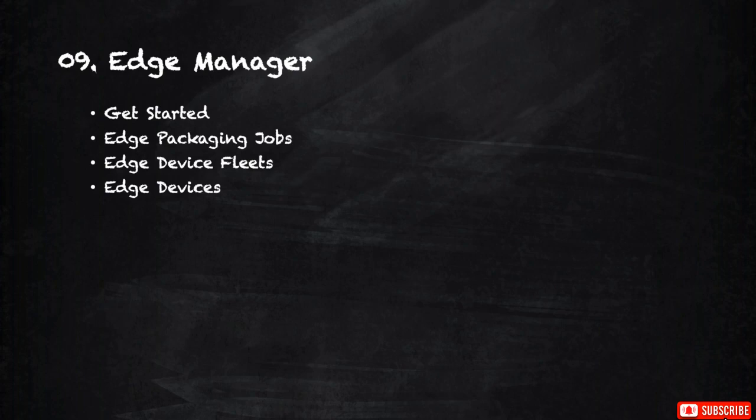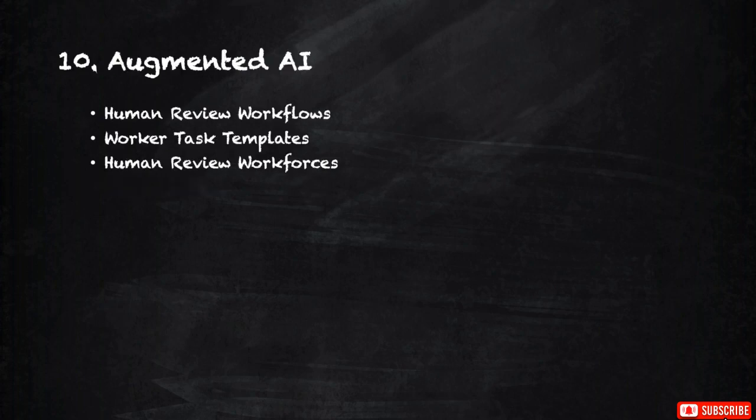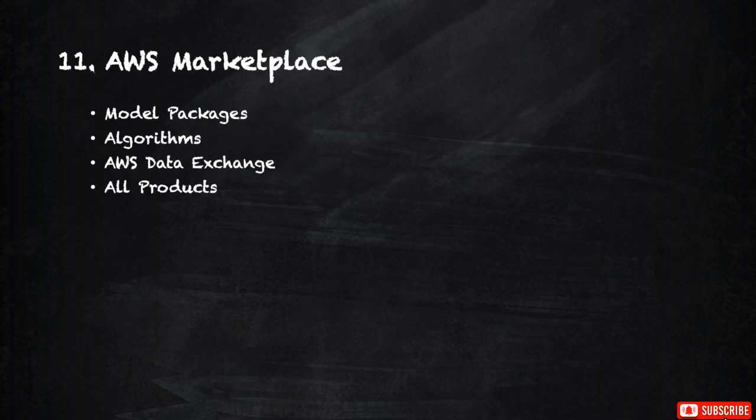and then edge devices. In section 10, we talked about augmented AI, so human review workflows, worker task templates, and human review workforces. In section 11, we talked about AWS Marketplace, so model packages, algorithms, AWS data exchanges, and all